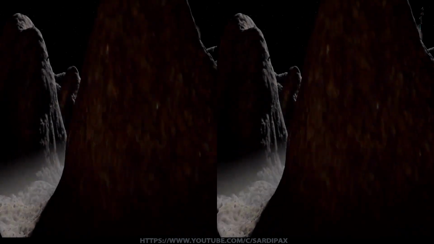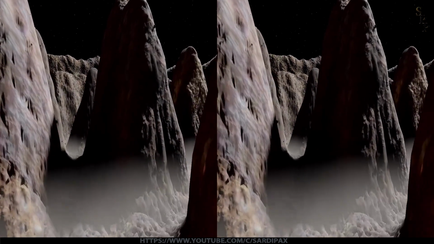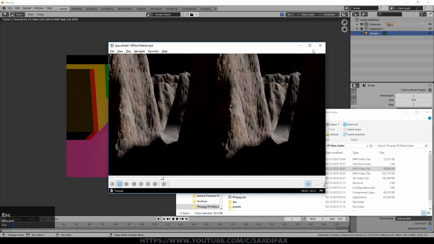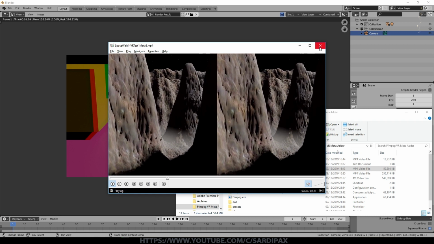So it's the sort of compression I think that YouTube does anyway. So you're not really losing a huge amount. There is an option, I think it's -copy, where it won't do any compression. It will just simply add the metadata to the file and then make a copy of it with that metadata on. But it's quite handy to upload to YouTube, especially if you don't have the fastest of internet connections, the way I don't, to have it as a compressed file. As you see, there's no actual difference that you can see in the file other than it being a lot smaller, but it has this metadata in it.